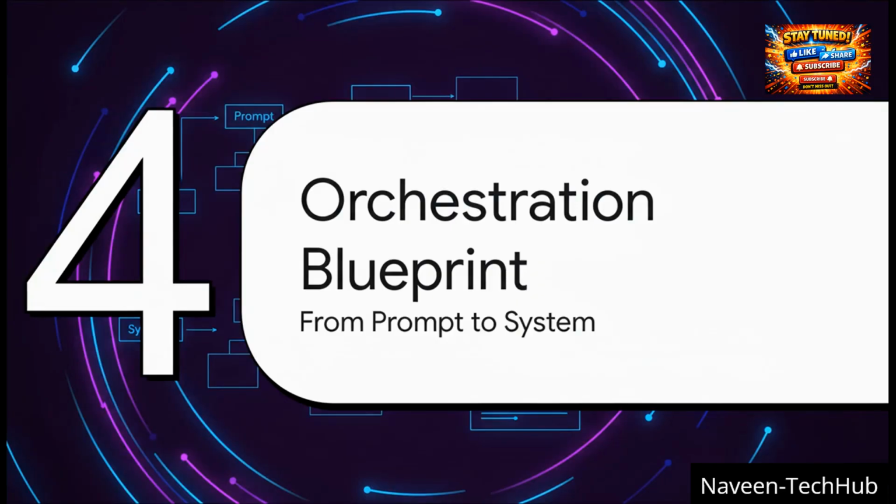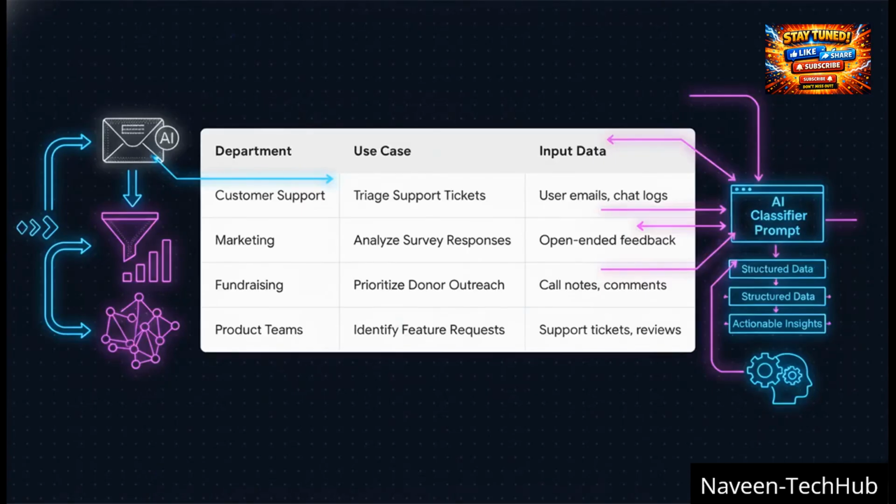Okay, so let's zoom all the way out. This simple classifier pattern isn't just some small, neat trick. It is a fundamental building block for creating large, sophisticated, and truly intelligent AI systems. Just think about all the business applications. Customer support can use it to automatically triage tickets to the right agent. Marketing can analyze thousands of open-ended survey responses and group them into themes. Product teams can sift through reviews to identify feature requests. This pattern is just so versatile because it takes all this messy, unstructured text and turns it into clean, structured,